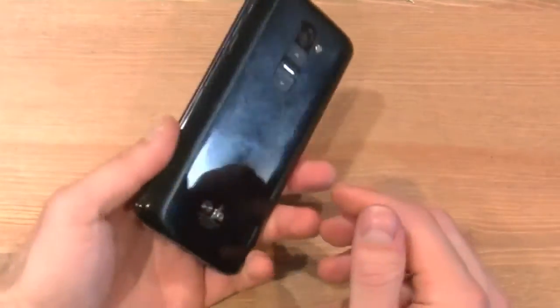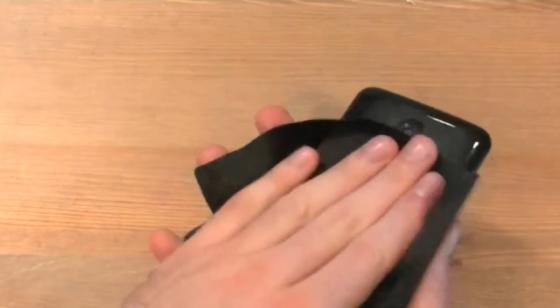So that is a quick preview of some of the stuff that we have coming up in the next few days. This has been a quite messy overview of the LG G2,